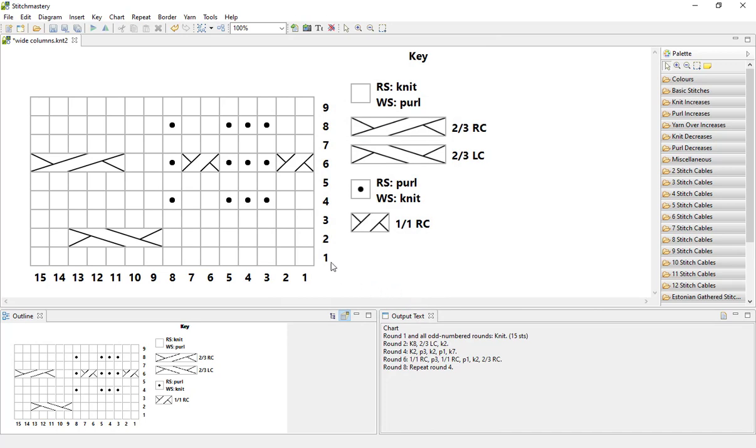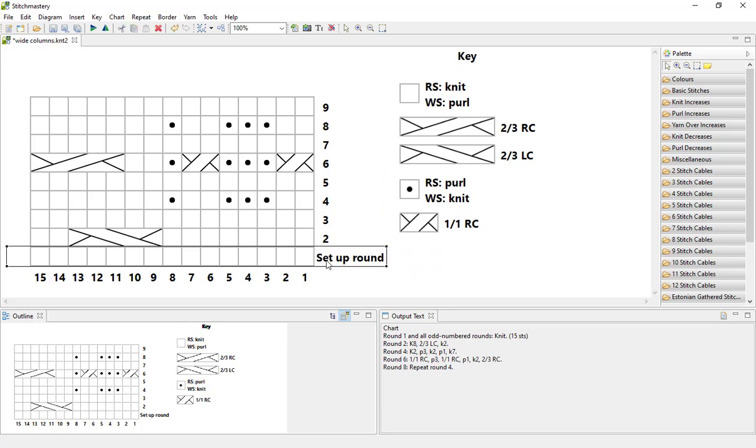And you can change the labels by doing 2 slow clicks, so not a double click, but 2 separate clicks. For instance, we might want to call this Setup Round. Hit enter after you've typed in what you want it to say, and that updates as well. And you can use this to change the numbers to suit.